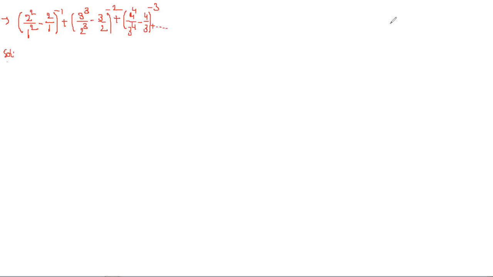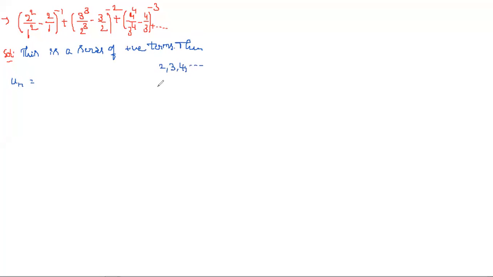There is no un term given. They gave an infinite series, so first we have to write the un term. This is a series of positive terms, and of course what we solve for every problem is a positive term series. What about the nth term? If you see here clearly, the whole power is 2, 3, 4 and so on.